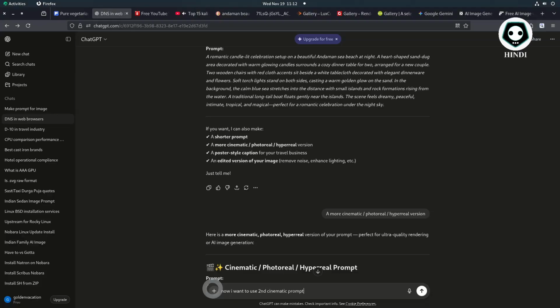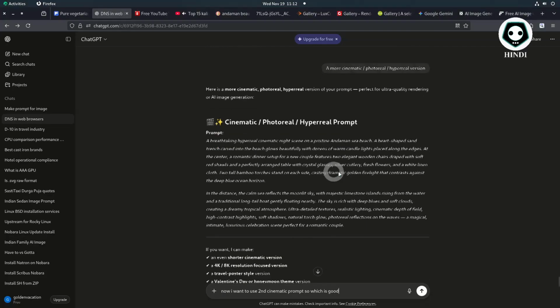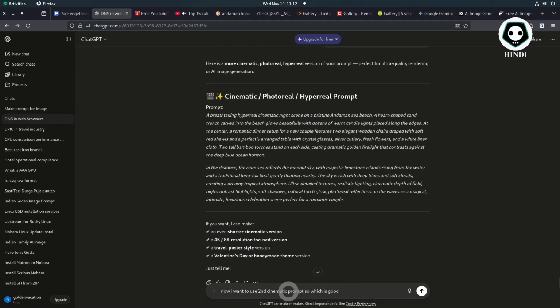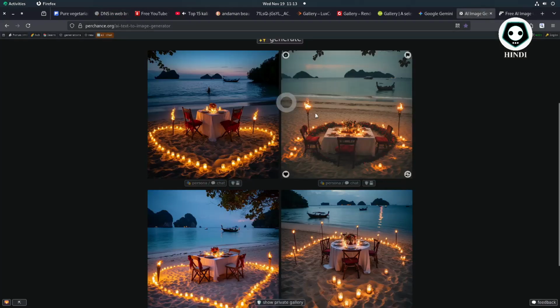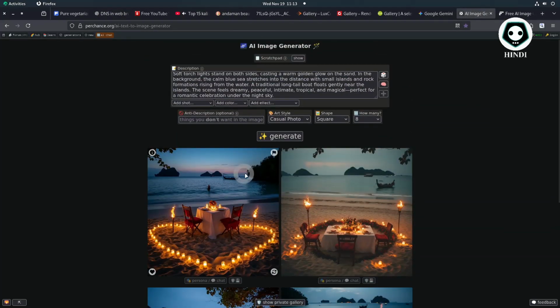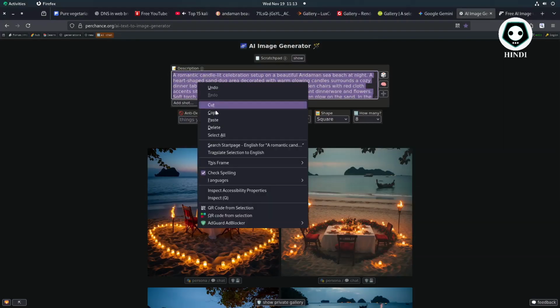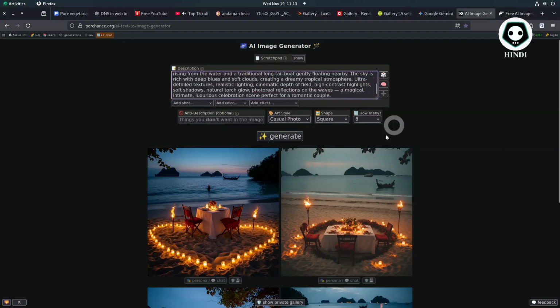I will show you the second prompt, how the AI generated software gives us a beautiful scene. This is a real video. You can see this is my second prompt, and this one is perchance.org, no login. This one is image generating. Just paste the second prompt and you can see here the casual photo, square photo, and maximum 14 photos you can generate from Perchance.